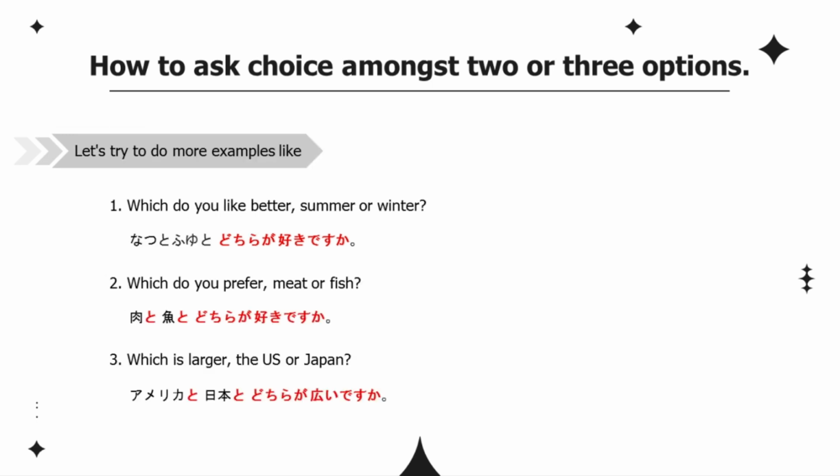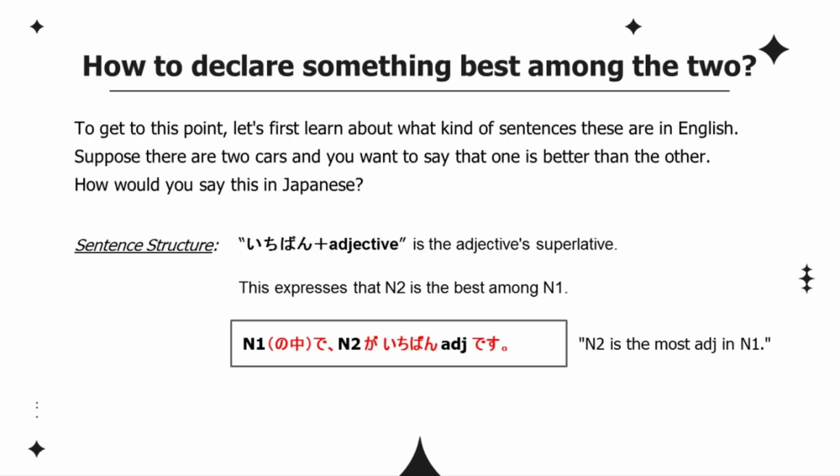Let's try to do more examples like, which do you like better, summer or winter? 夏と冬とどちらが好きですか？ Which do you prefer, meat or fish? 肉と魚とどちらが好きですか？ Which is larger, the US or Japan? アメリカと日本とどちらが広いですか？